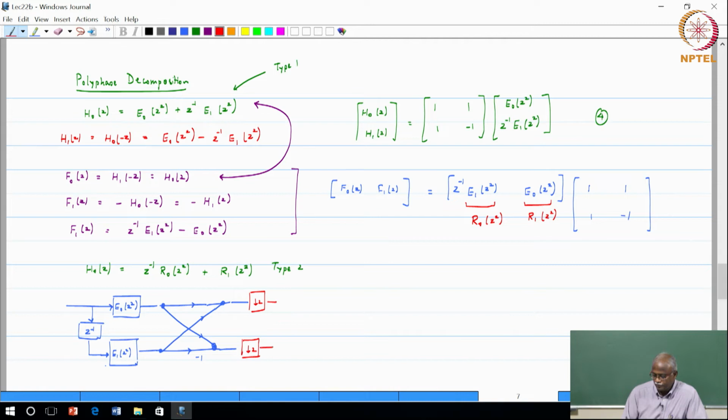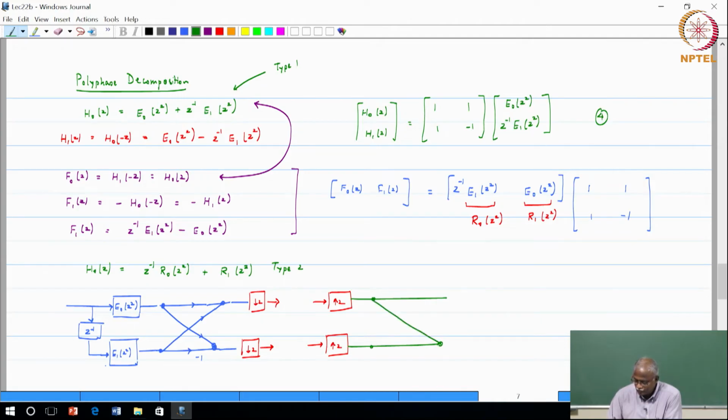Downsampling by a factor of 2. Now, on the other side, it would be upsampling by a factor of 2, followed by the synthesis filters. The synthesis filters, if you look at the implementation, also have a crisscross butterfly, the same structure, all lines moving to the right, the lower branch having a multiplication factor of -1,